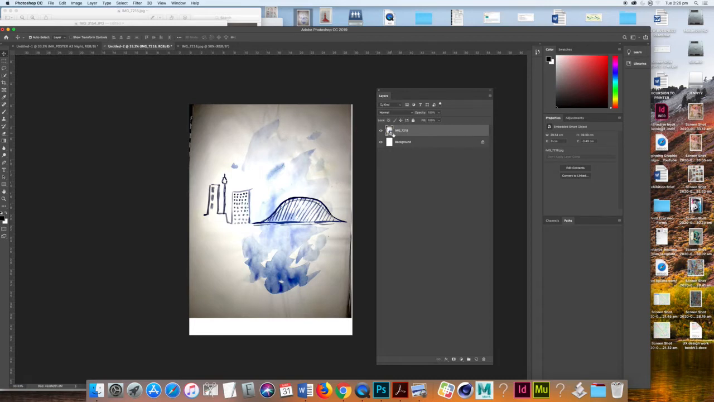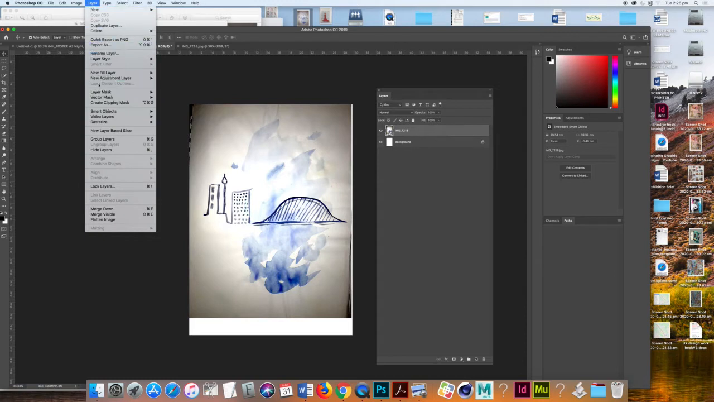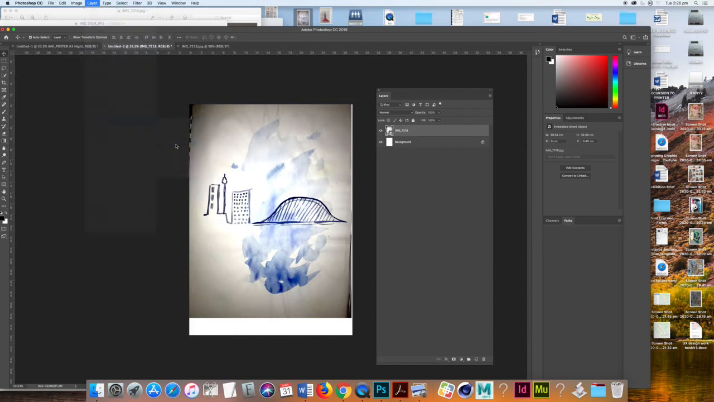I can't leave it as a smart object because I won't be able to edit it. I won't be able to do things to it. So go to the Layer menu, Rasterize Smart Object. And then you'll see that it's now something we can treat as a normal Photoshop image. So that means I can do a lot more. I could paint on it. So I could start to actually